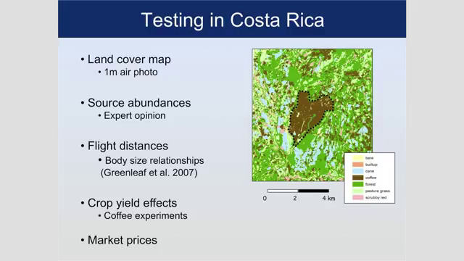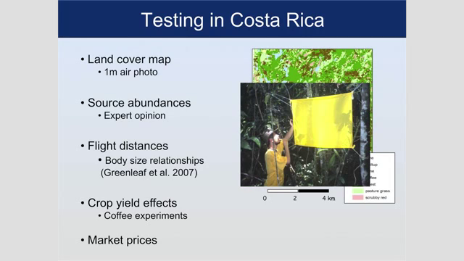So testing it in Costa Rica is the thing I'm going to talk about now. Here's this landscape again. Here's this oddly shaped single coffee farm, just for reference, and I'm going to keep it outlined in dots for you. So we have a land cover map, a 1 meter air photo, that we've classified into a simple land use map. Source abundances, we have a lot of survey data from various parts of Costa Rica, but deliberately didn't use it because we wanted to have this